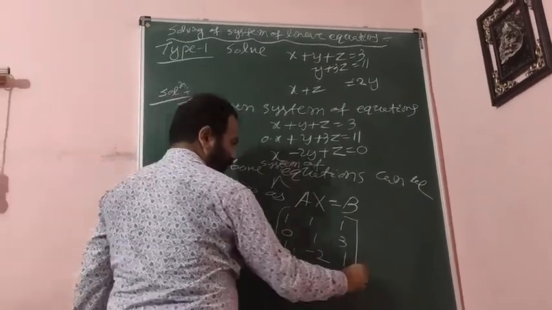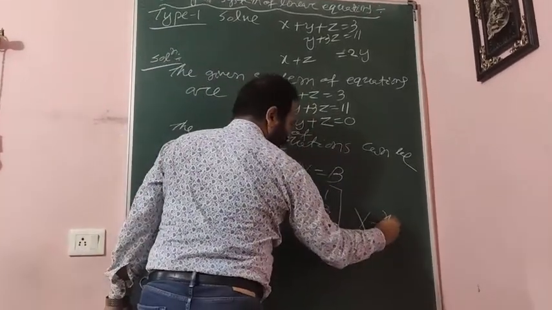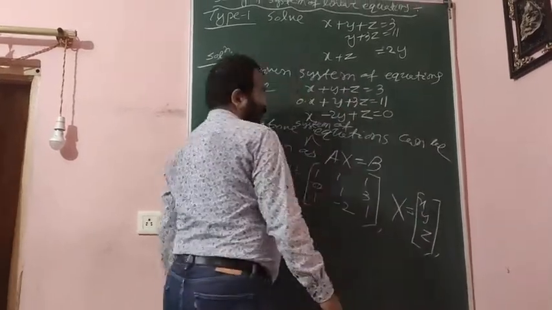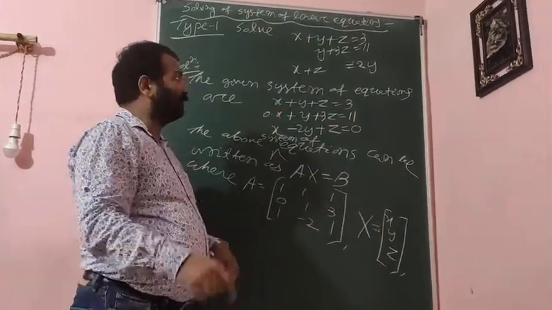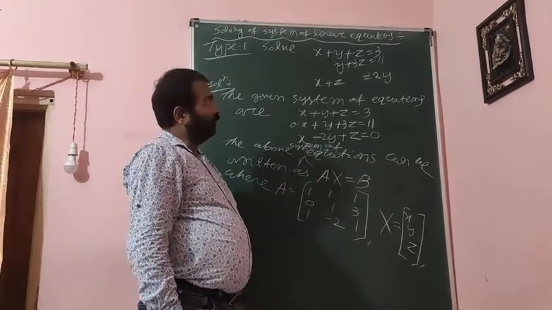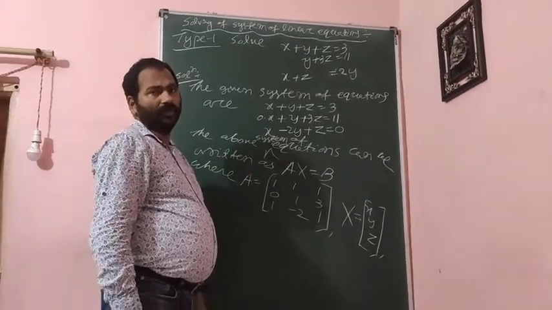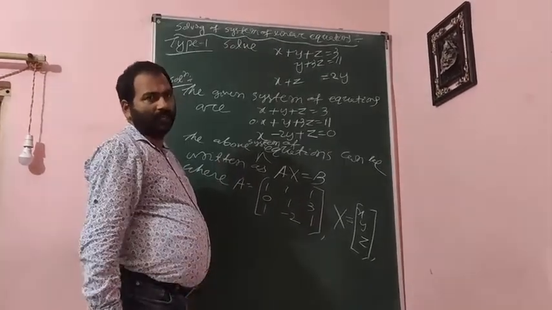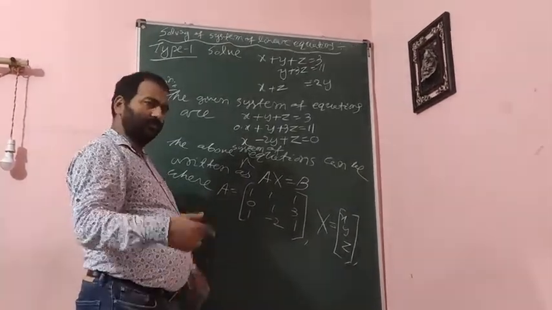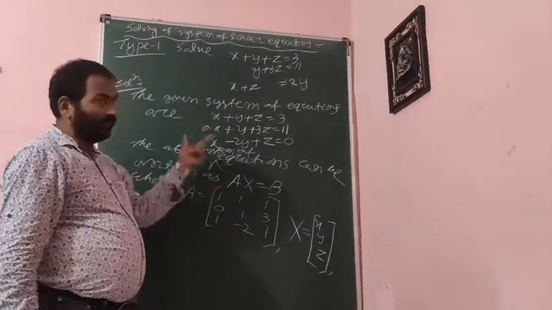This is capital A. And capital X equal to, there are 3 variables x, y, z. Listen, the variables you have to mark, because in some problems the variables may be asked as x1, x2, like this. So whatever variables are given, you have to write those variables only, because students are acquainted with x, y, z. If the question asks x1, x2, x3, you will be confused and again do it by x, y, z, which will be wrong. So it is a very important concept. What are the variables you have to mark?